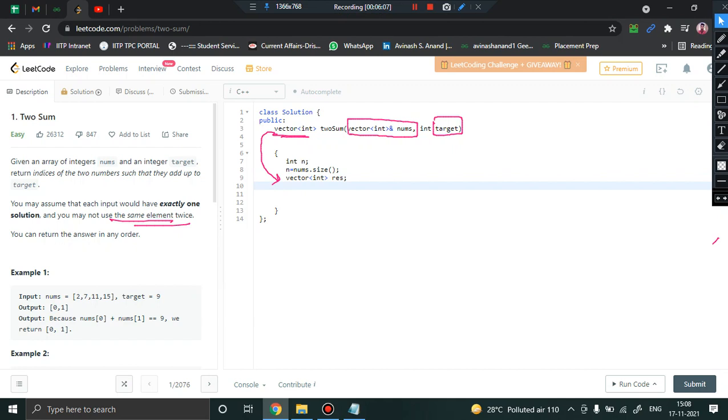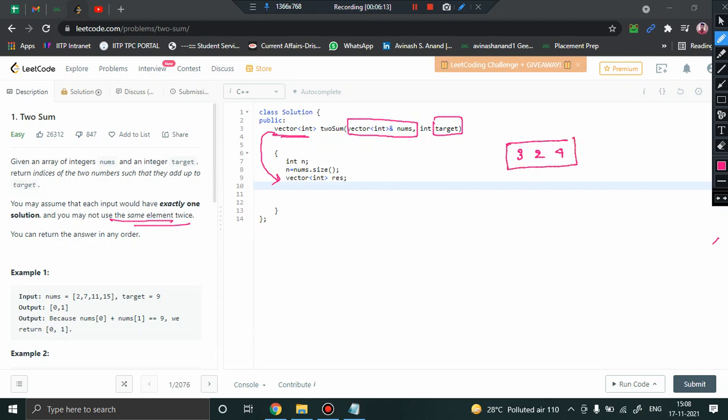What next? The next thing to do is basically how do we approach. So now let us discuss the approach. Supposing I have an array 3, 2 and 4, and I have to check whether I have two numbers that will add up to 6, and if it is present, give their index. So what I'm going to do is iterate it only once from beginning till the end. Suppose initially I'm standing over 3.